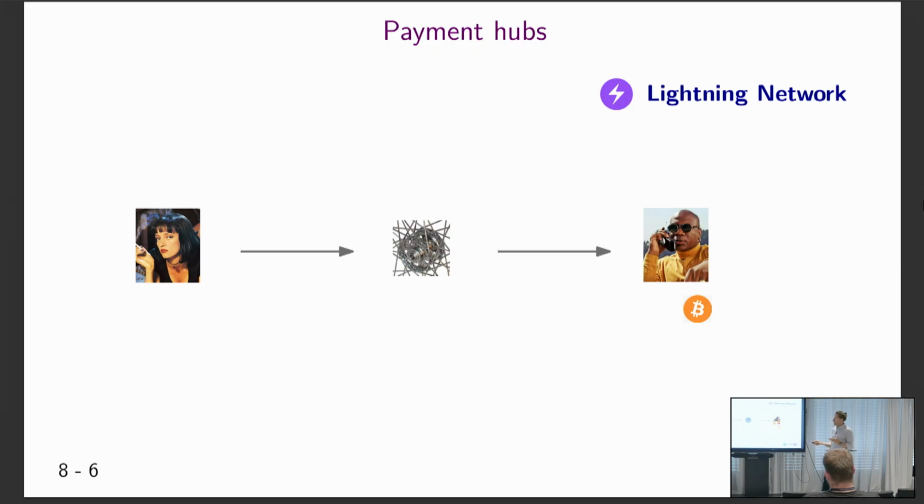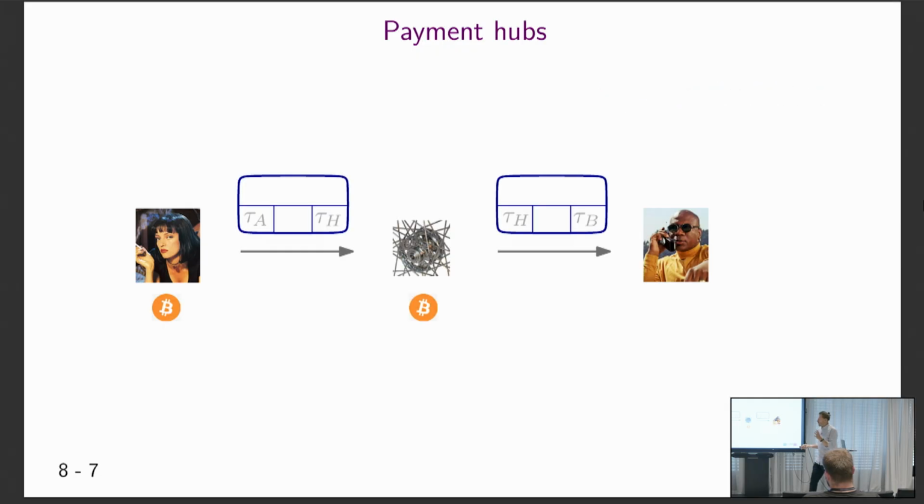So how do you open a channel? Well, you put a Bitcoin transaction where you'd need two signatures for this transaction to be valid. So one signature by Alice and one signature by the payment hub. And so the idea of the Lightning protocol is that if Alice often pays the hub, they don't want to put every payment on chain. So what she does is she makes such a transaction for some value and then gives it to the hub.